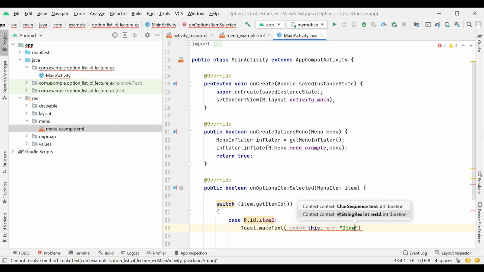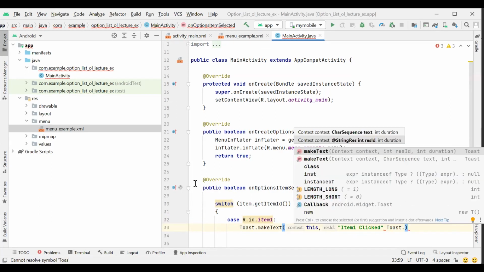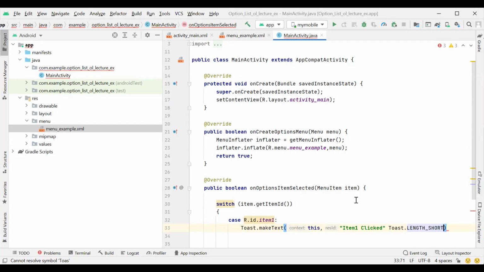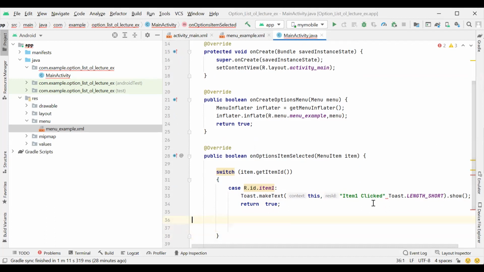So here I write item 1 click, and then the duration, Toast dot LENGTH_SHORT, and we call it using dot show method, right? After that we return true. So this is the first case.